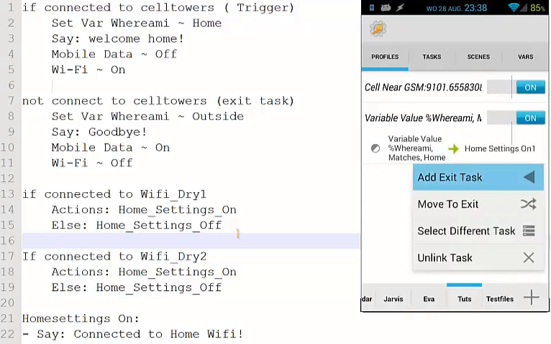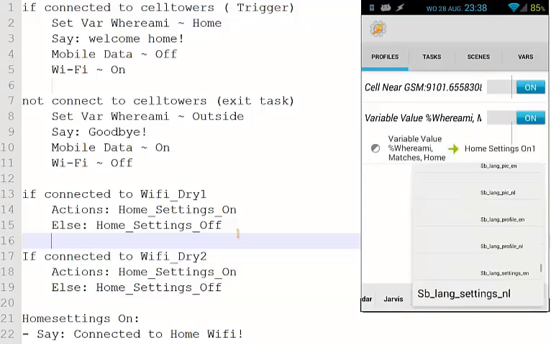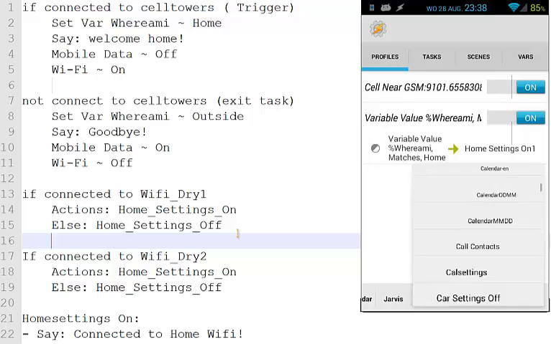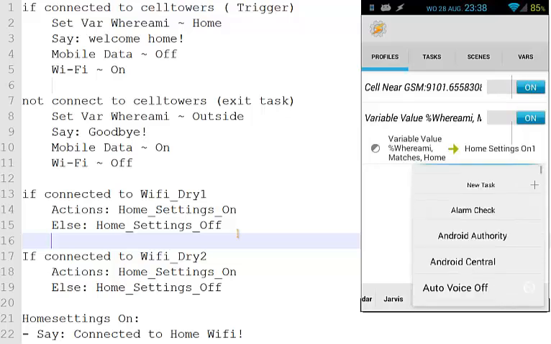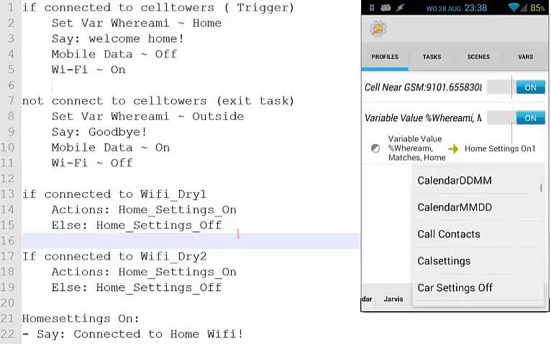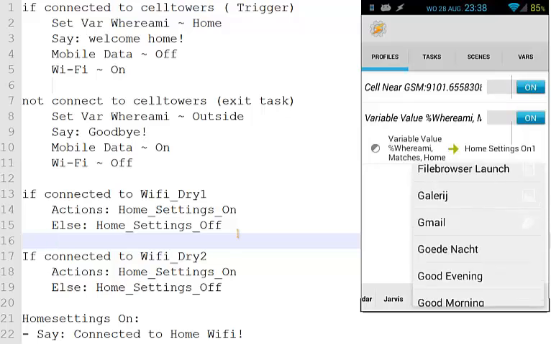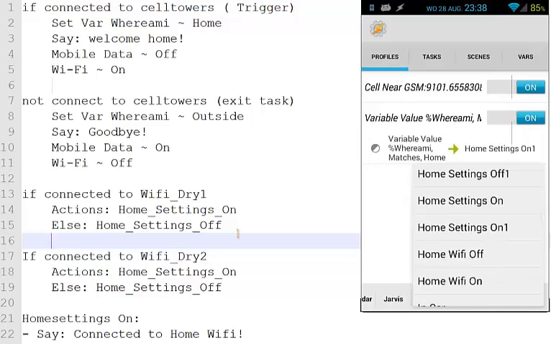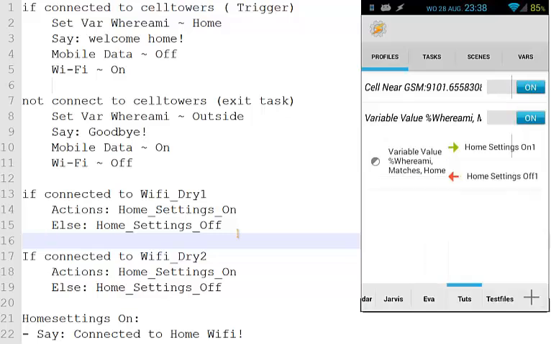So at the exit task, we have to use "Where am I", it should be alphabetic, home settings off 1. And for now, it would say when the value Where am I matches home,